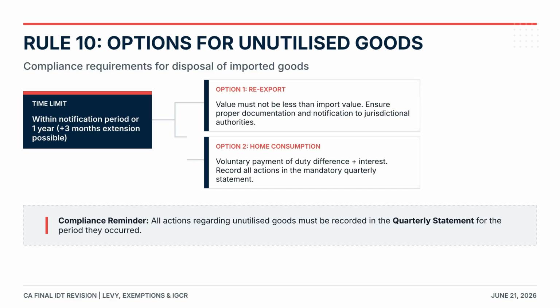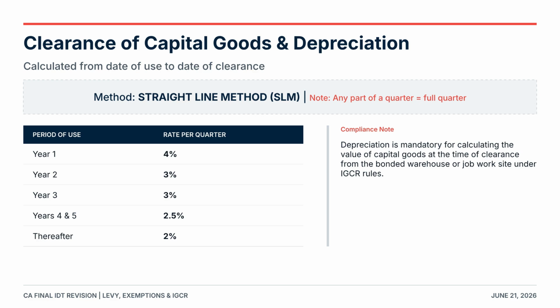Alternatively, the importer may clear the goods for home consumption by voluntarily paying the applicable duty and interest. In either case, the action must be properly disclosed in the quarterly statement for compliance purposes. When capital goods imported under concessional duty schemes are eventually cleared for home consumption, duty is calculated on a depreciated